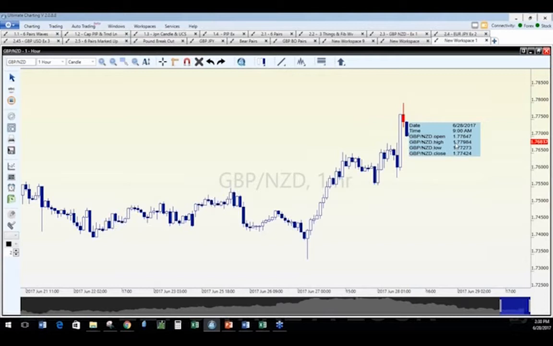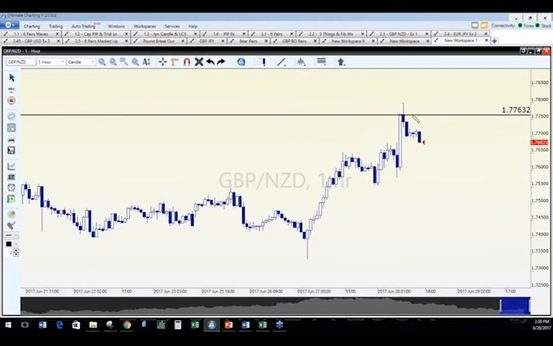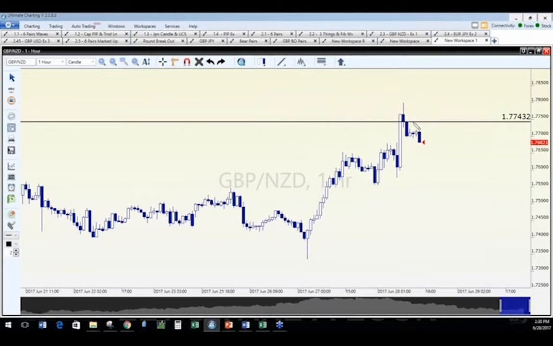So if you want to look at it, you can either just click on it to the right, or click on it and have a box, or another way, if you wanted to just take a horizontal line, you could put it right there, you could look, and a number is going to appear as well. So it's very, very easy to work with. The white candlesticks represent that it went up, meaning it closed at a higher price. The blue ones represent that it went down, meaning it closed at a lower price.